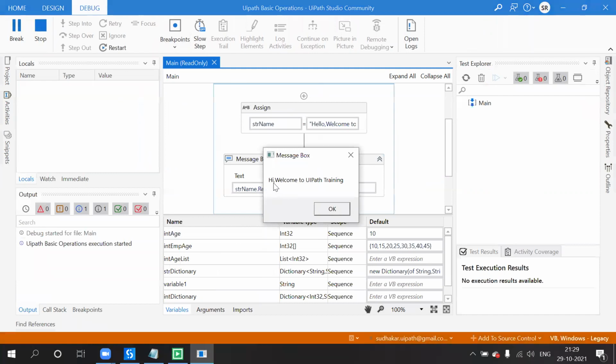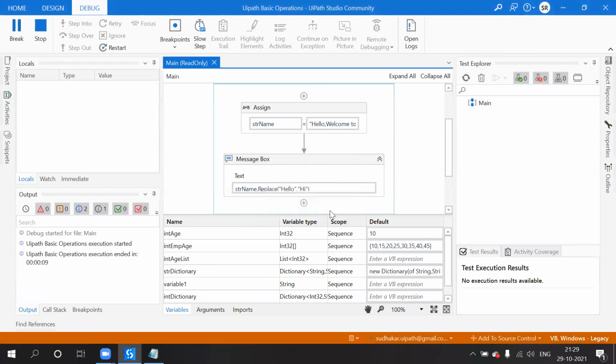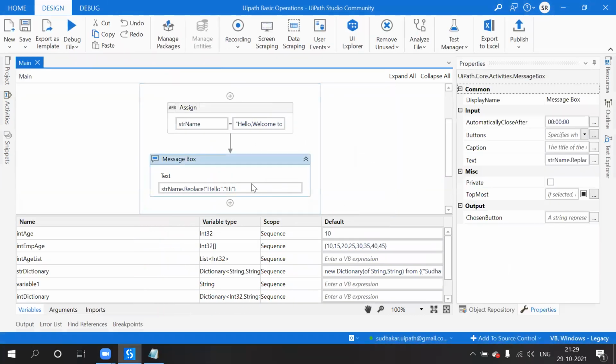Hello can be replaced with hi, or another. So replace is the function. The syntax will be: what is the old value and what is the new value you want to replace it with. That is the syntax.